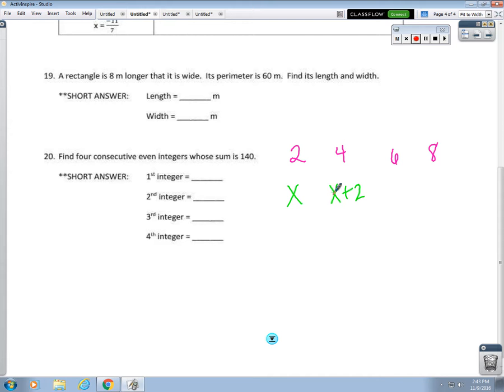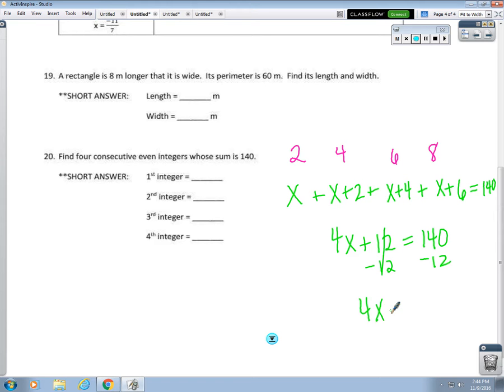Right, because if x is a 2, 2 plus 2 is 4. So how would I represent 6? And 8? And together those should add up to 140. Now when we combine like terms on the left side of the equation, we get, right, and that equals 140. And so now to solve for x, and so 4x equals 128. And then what do we do on both sides? Divide by the 4, so x equals